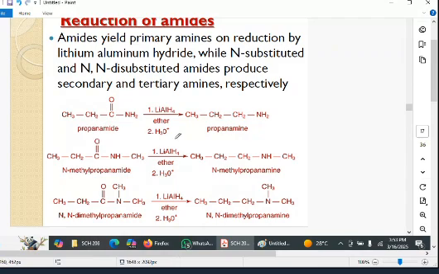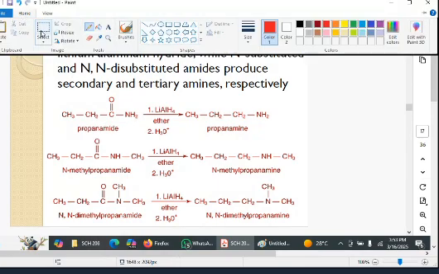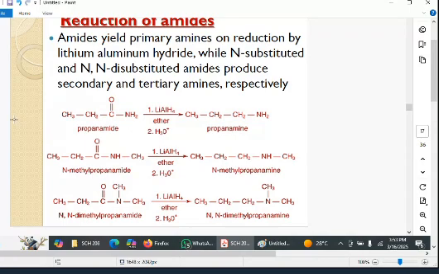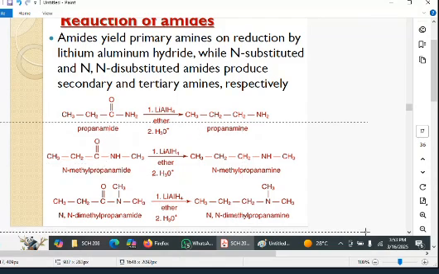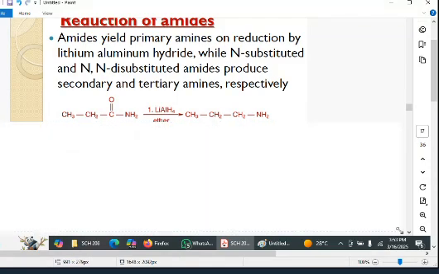Now for this, maybe I can use this space so that we don't take a lot of space. When you're reducing the amides, allow me to use the whole of this as an R because I'm only interested in this functional group here. So we have the R,